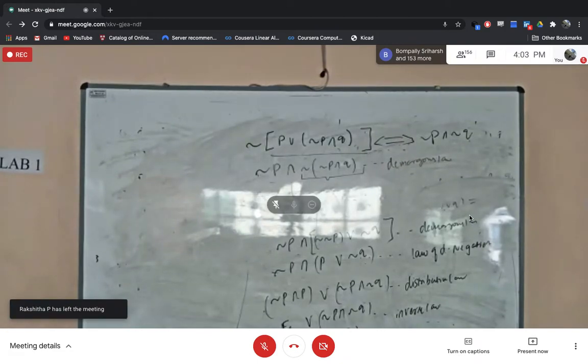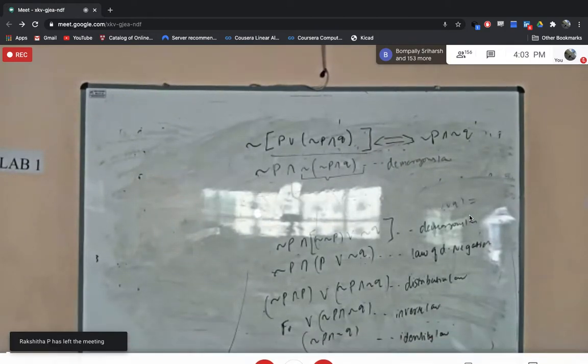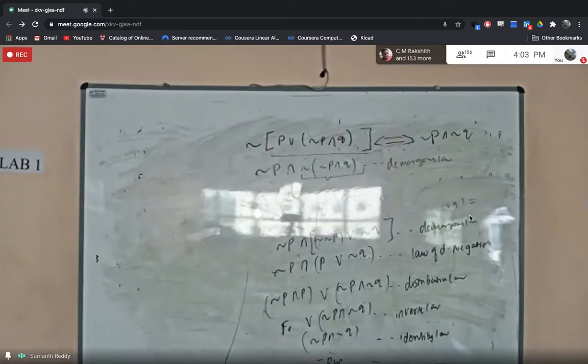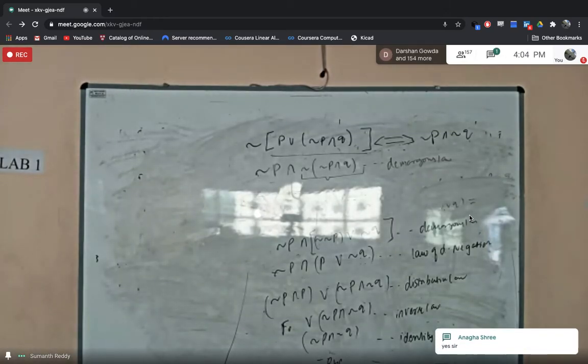Okay. You just try that. If you are getting the final result RHS, if you are getting the correct answer, then it is fine. So there is no one particular path to get the result. There are multiple paths. If you are getting the final answer and if you have not broken any rules, then it is fine. Are you getting the final answer if you do that, Anaga? If you are getting the final answer properly, then it is fine. Yeah, then it is correct, no issues.